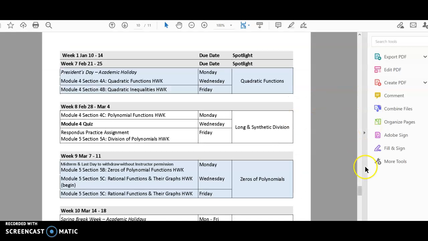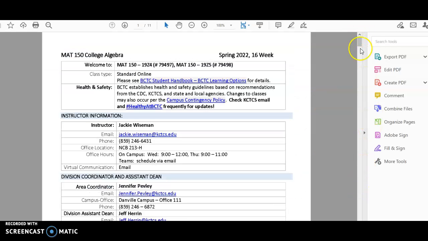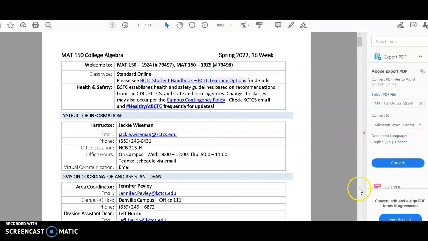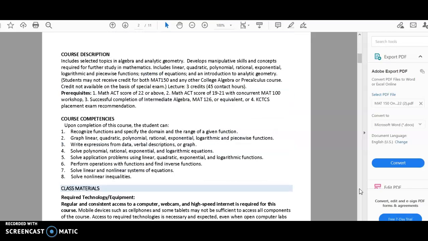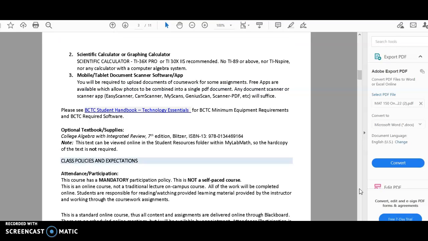I'm just going to highlight this real quickly because this video will get long if I go through every little detail, and I know you don't want to listen to that. You can read, right? So there's my contact information, course materials, all that kind of stuff. Answers to lots of your questions are in this document, so it really does pay to at least browse it at the beginning and then read the important parts to you